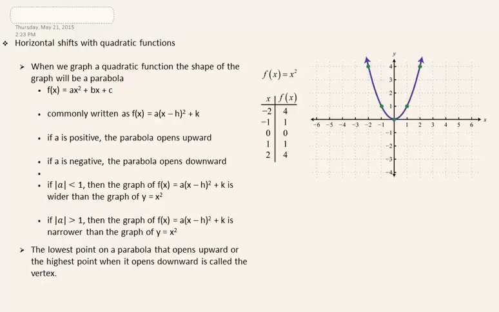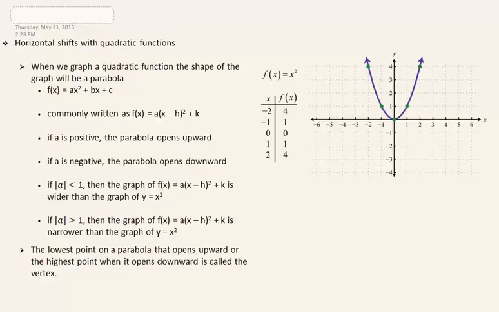If a is positive, the parabola will open upward. If a is negative, the parabola will open downwards. If the absolute value of a is less than 1, then the graph is wider than the graph of y equals x squared. However, if the absolute value of a is larger than 1, then the parabola will be narrower than the graph of y equals x squared. The lowest point on a parabola that opens upward, or the highest point when it opens downward,